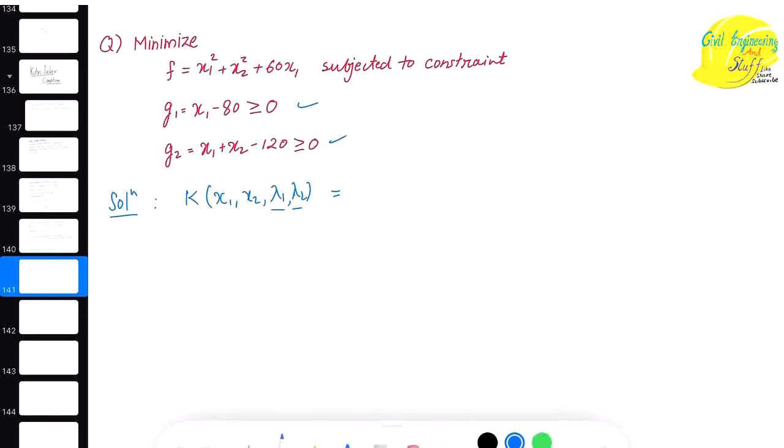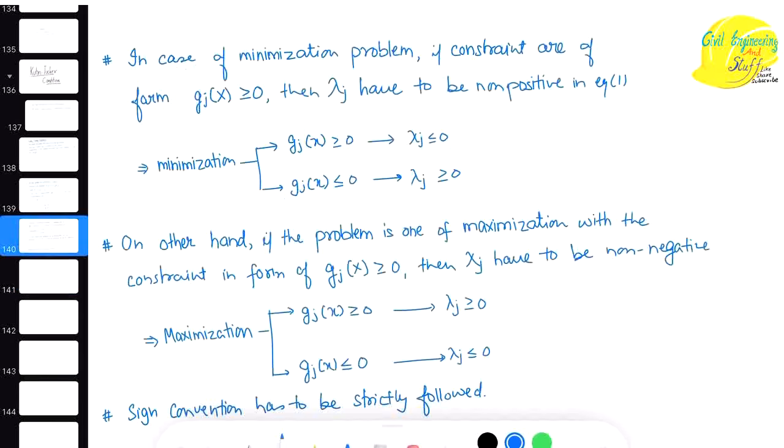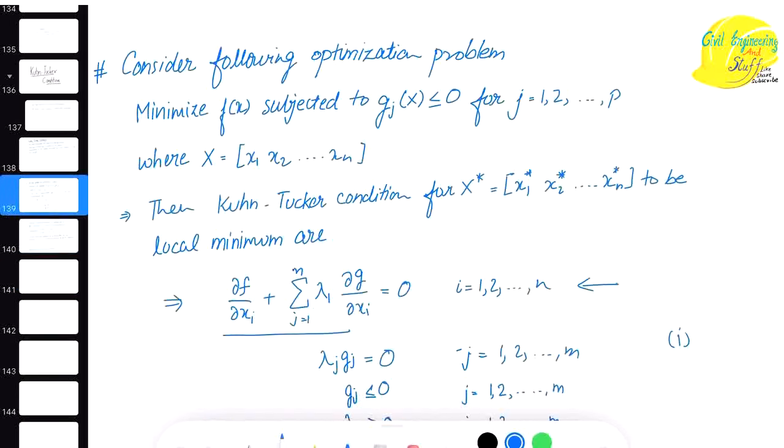All right, so the equation will be x1 square plus x2 square plus 60 x1 plus lambda 1 (x1 minus 80) plus lambda 2 (x1 plus x2 minus 120). Okay, so we have formed the equation. Now we have to apply